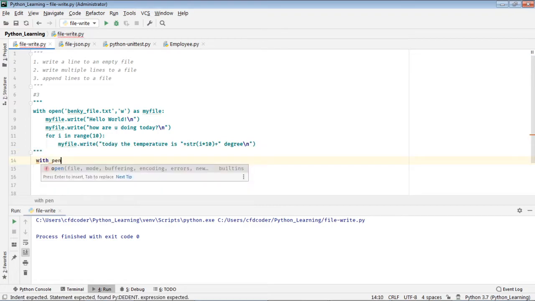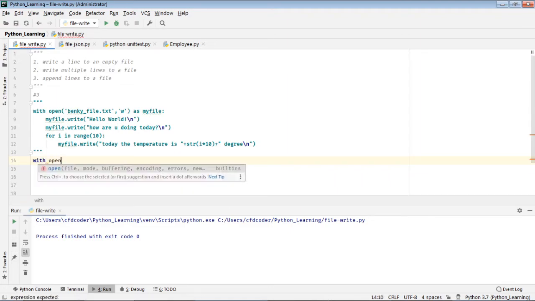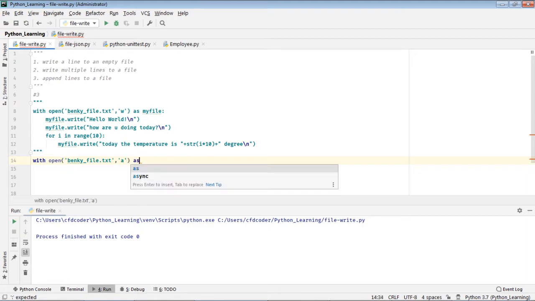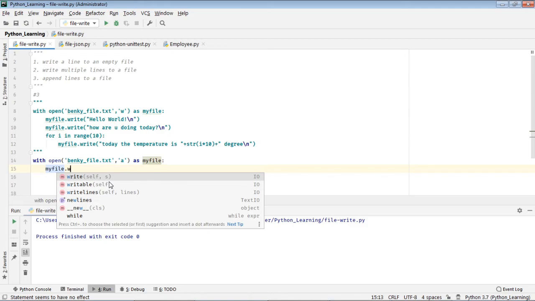with open, still the same file, but I want to append something to here. So the keyword here, I just need to change the keyword from W to A. So my file dot write